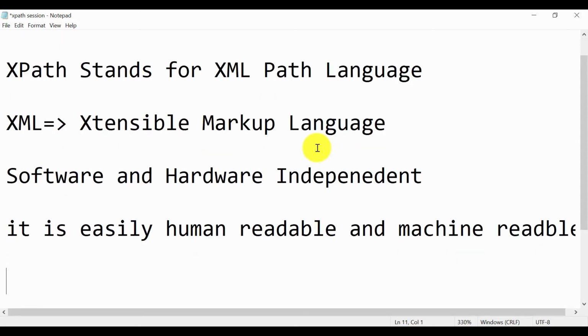Whatever code or data you store in XML language can be easily understood by humans, and equally it is understandable to the machine as well.